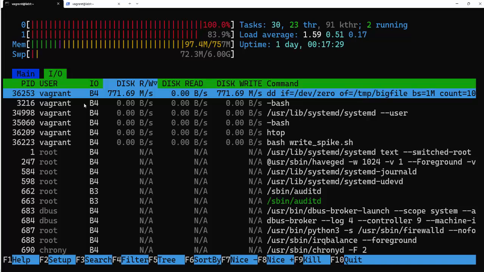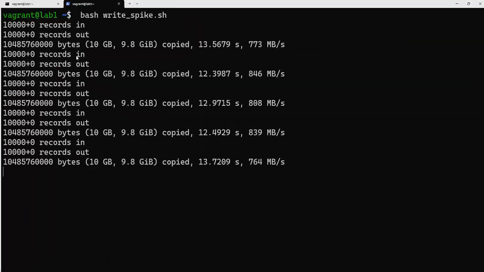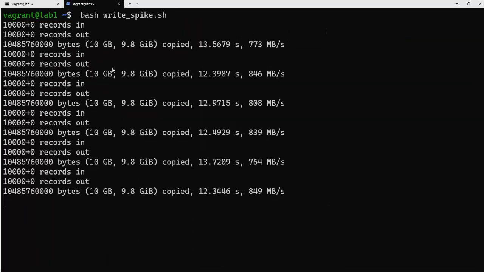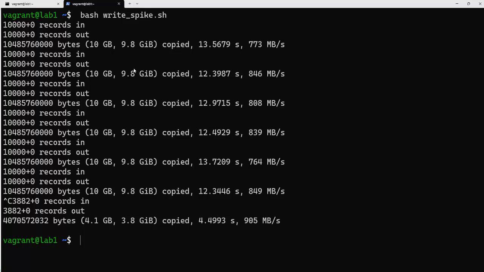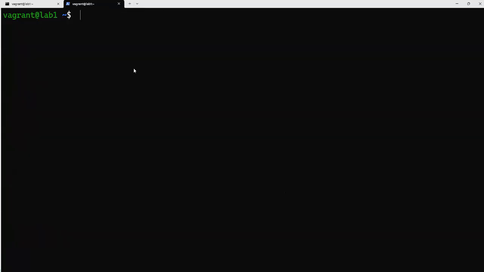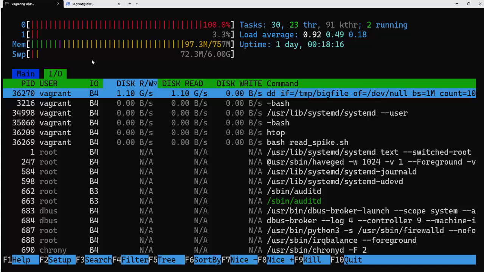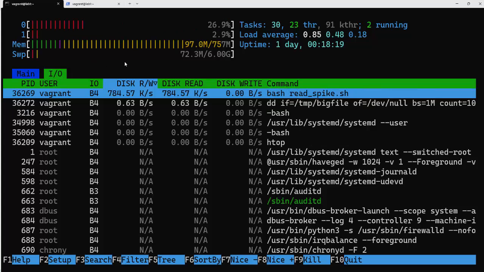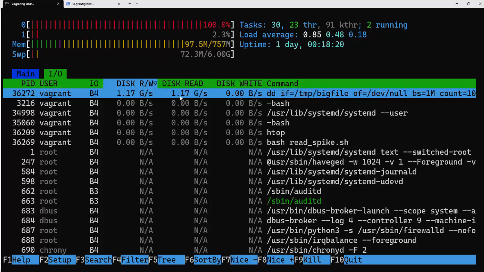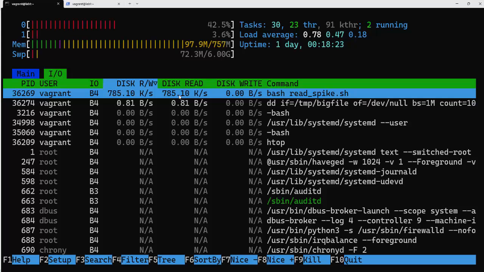Now let's terminate the process. So I will go to the other tab which we executed the script from, and I will just press Ctrl C. Now let's simulate a read process. So I will execute bash read_spike.sh. Let's return to the htop command, and this time we see disk read, which, as you can see, it's